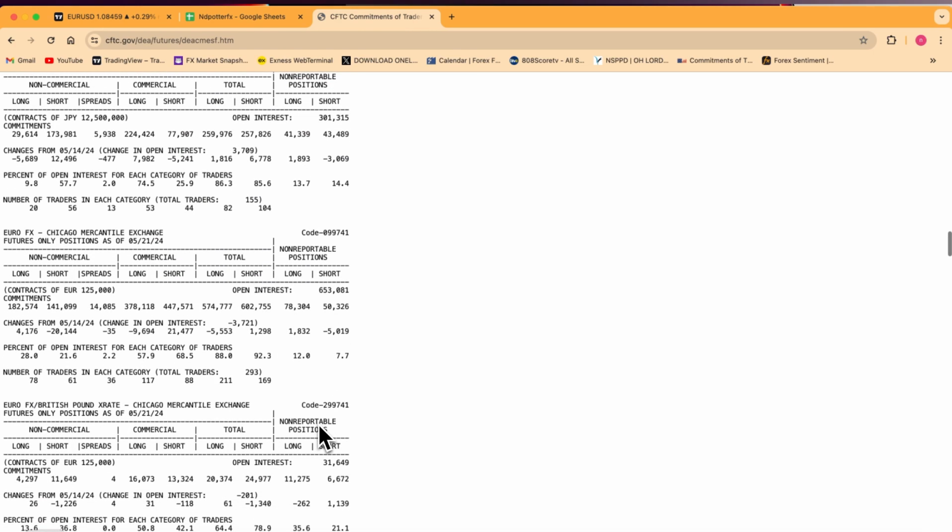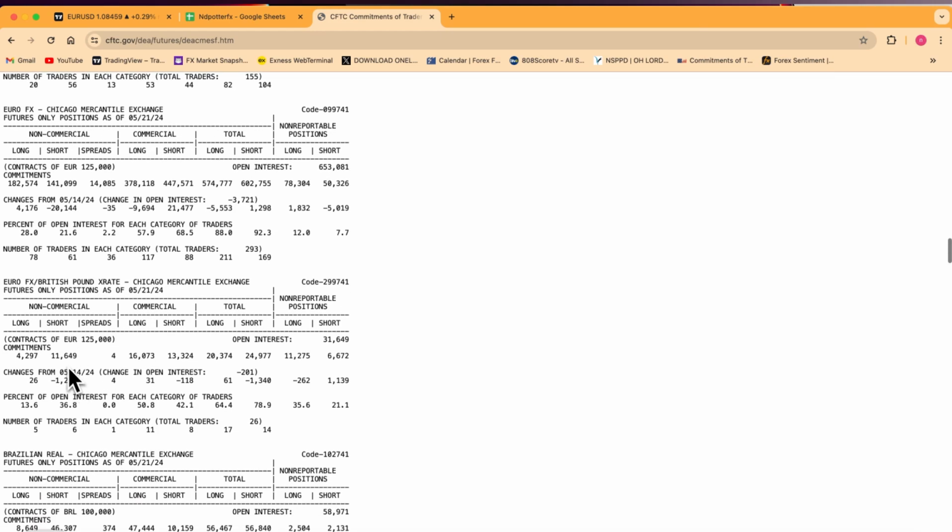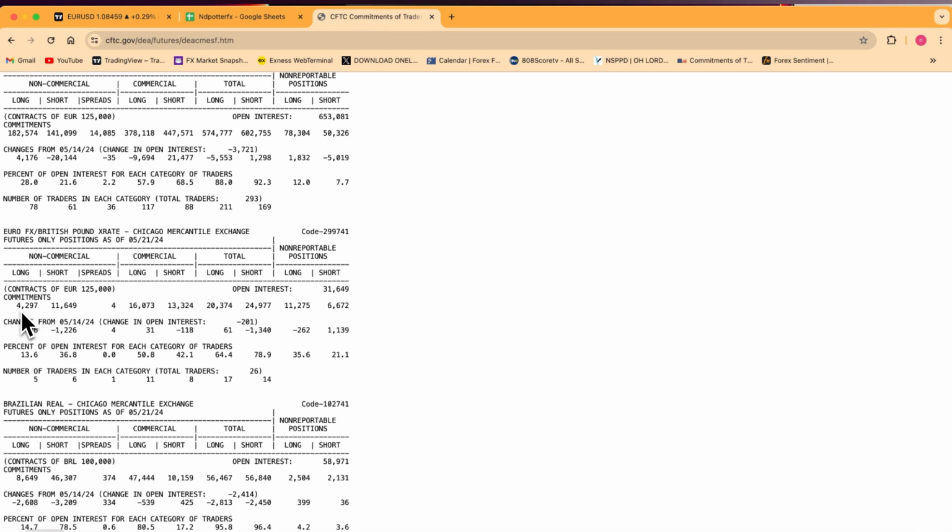Let's keep on going down. This is Euro GBP. I don't really trade this pair, but if you go and look at Euro GBP now, you see here this week they added, but the adding on their long is not much. They reduced their short, and from what I've seen on Euro GBP for a very long time, they have been aggressively adding to their short and